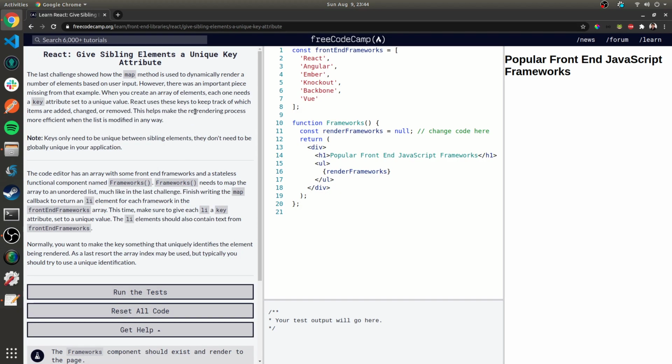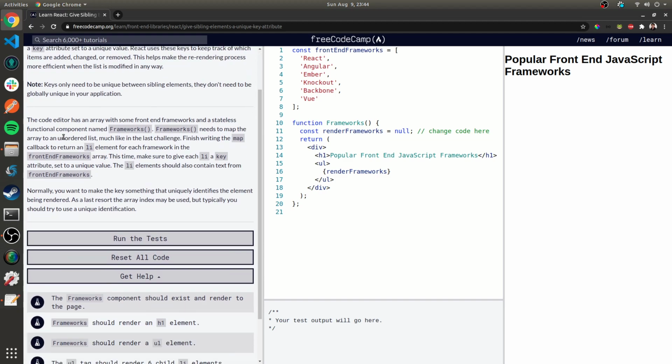Give sibling elements a unique key attribute. The code editor has an array with some front-end frameworks and a stateless functional component named Frameworks. Frameworks needs to map the array to an unordered list. Much like in the last challenge, finish writing the map callback to return an li element for each framework in the renderFrameworks front-end frameworks array. This time, make sure to give each li a key attribute. The li element should also contain text from front-end